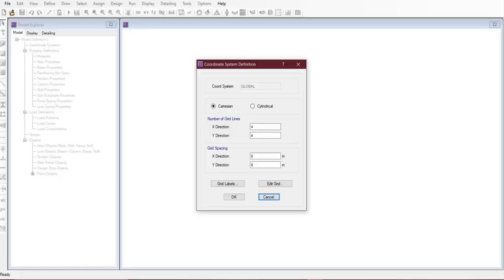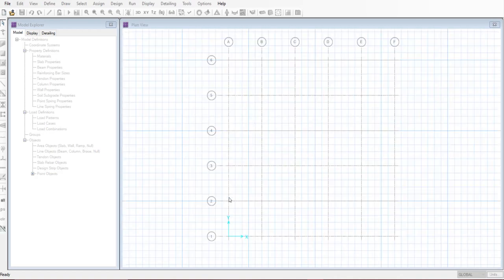In the SAFE software, number of grids in x direction keep it as 6, y direction keep it as 6, and spacing keep it as 5 meters in x direction as well as spacing in y direction as 5, and then click on OK.